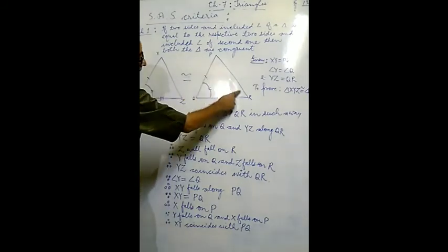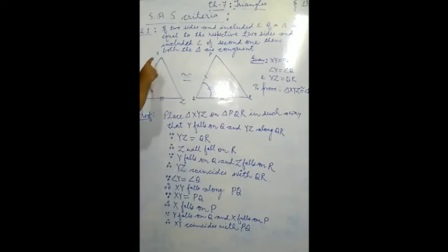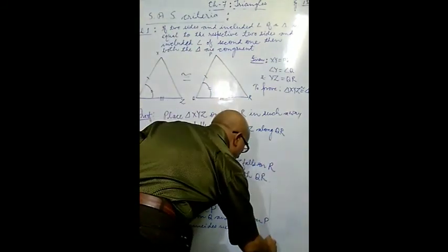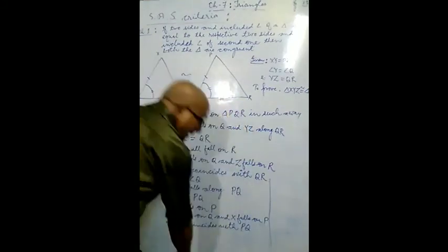Again see, what is the third argument? X is falling on P and Z is falling on R. Therefore, this segment coincides with PR. It will cover PR, and that will be noted down there. We have to first note down up to here, and that third point will be noted later on. So firstly, just pen down. Just below you have to note down.